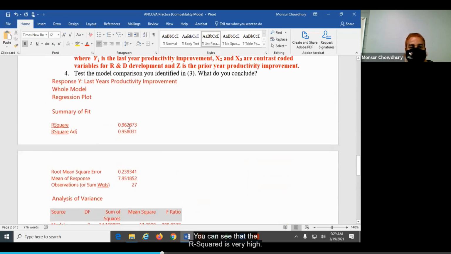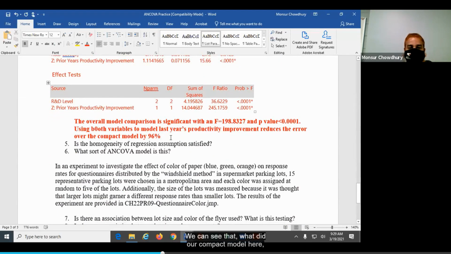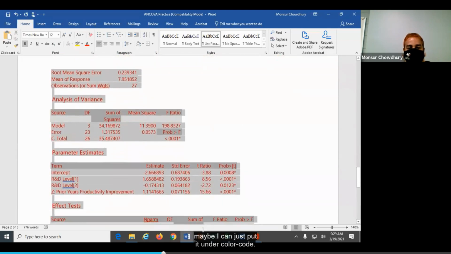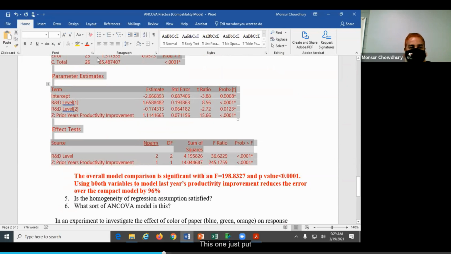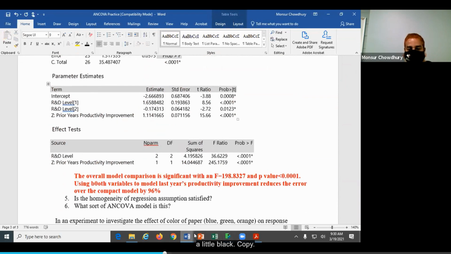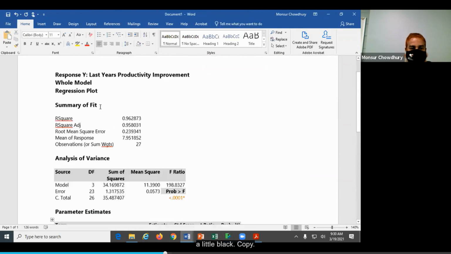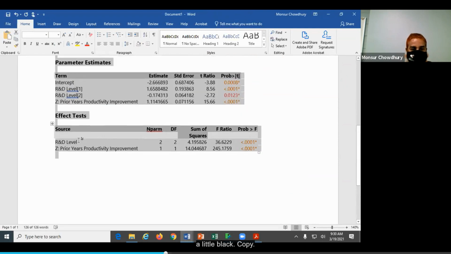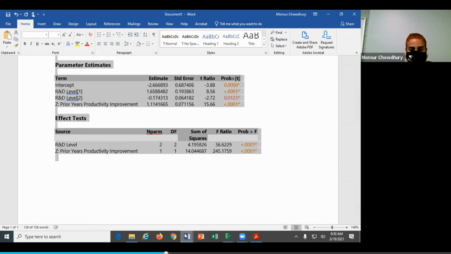You can see that the R square is very high, okay? So 96%. So what is our compact model here? Maybe I can just put it, not the color code. This one, just put it as black. Copy.